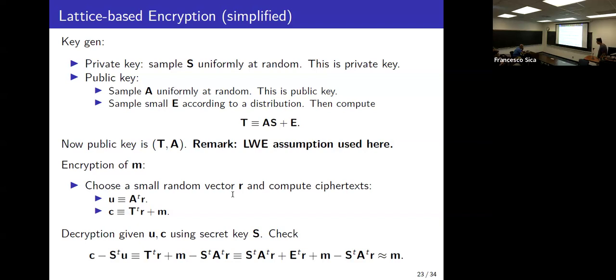So in a naive way, you can think about this. Maybe I can multiply this M by some scaling factor to embed M in the most significant bits, and then this ER corresponds to the lower bits. So if I drop the least significant bits, it will throw away E times R and leave me with M. That's exactly the idea of how LWE-based encryption works. And this is also why people say that in lattice-based crypto, there's usually a decryption failure. And this decryption failure usually corresponds to the decoding capacity.